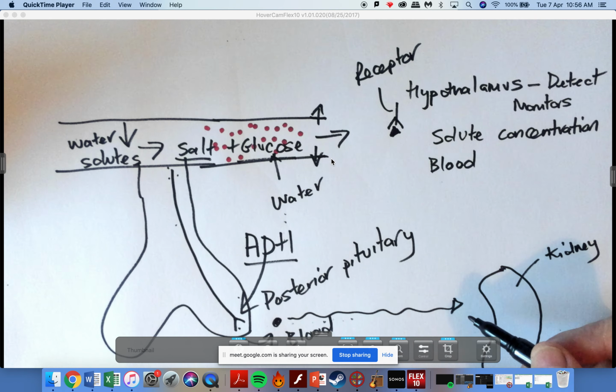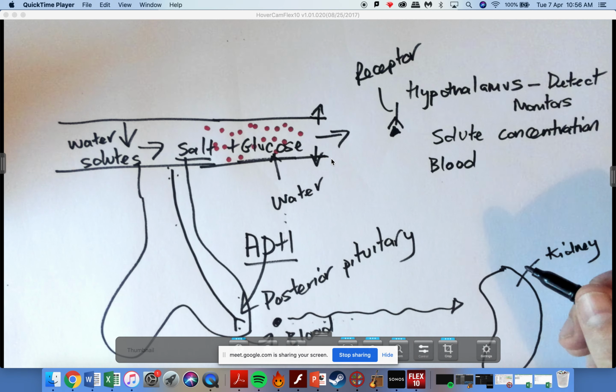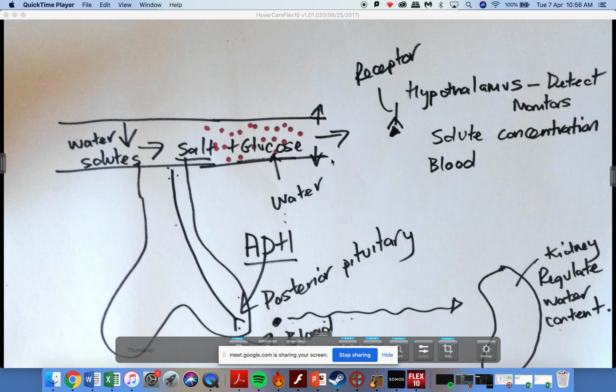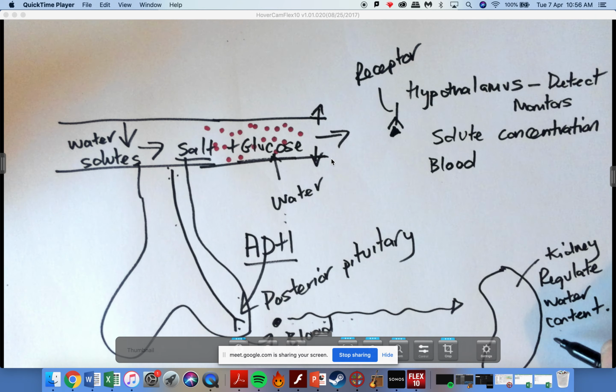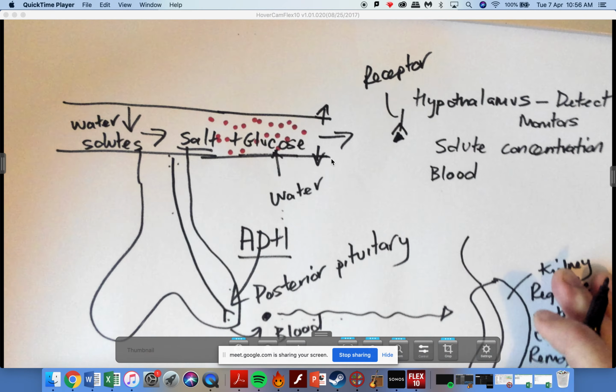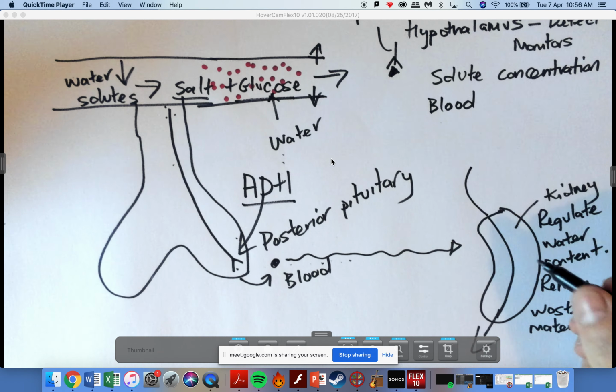So one of the functions, and we'll get onto it in the next part of the unit, is that the kidney is going to regulate water content. Okay, so the kidney regulates water content, and it also removes waste material. Blood's flowing in, and what the kidney can do is, let's just move that down, the kidney can